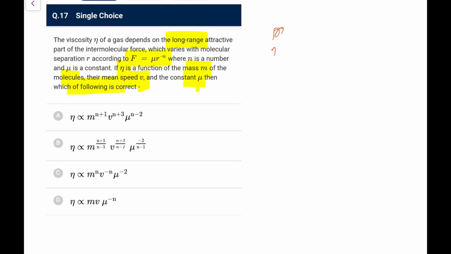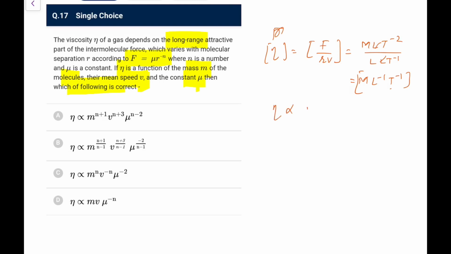Okay, so let's say that viscous force or the coefficient of viscosity. You always remember its dimension formula: F upon r v, because F is 6 pi r neta v, you remember that. So F is M L T minus 2, and this is L T minus 1. So this L goes, and this is M L minus 1 T minus 1. This is a very common question you did in 11th class.